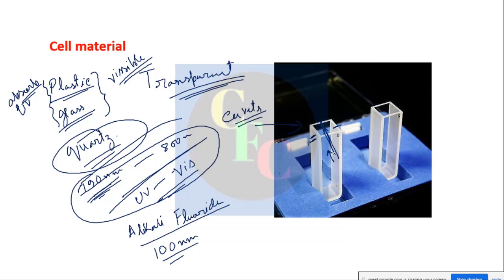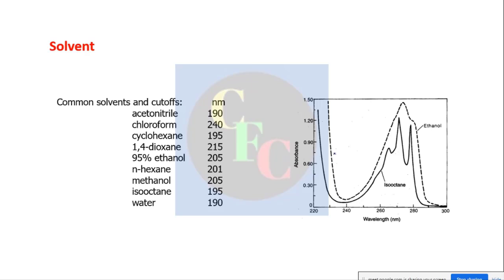Next is our discussion about the solvent. Of course, most UV visible spectroscopy is done in solution mode. There are some methods in solid phases, but very rarely, and in gas phases it is also rare. But in more than 95% of cases, it is done in solution mode, right?